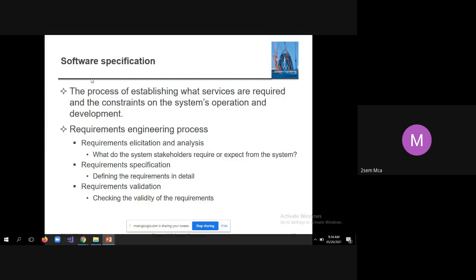That means under what constraints the system has to work. That is very important. And the constraints on the system's operation and development. Then it becomes software specification. The requirements engineering process, which we have discussed, contains requirements elicitation and analysis, requirement specification, and validation.